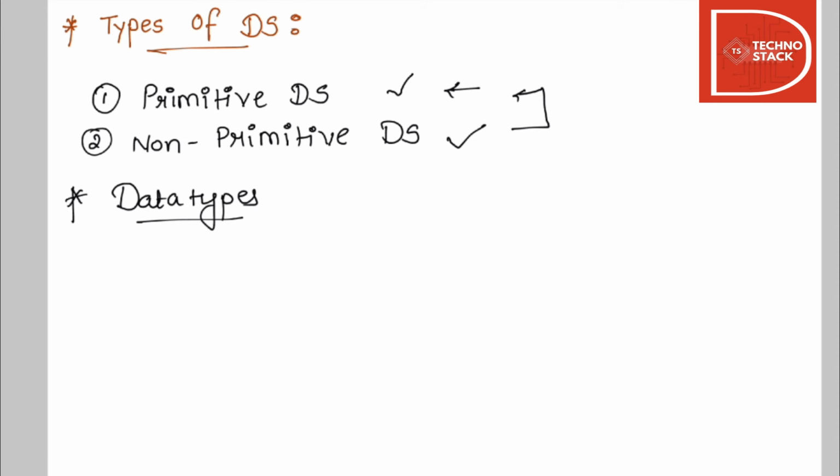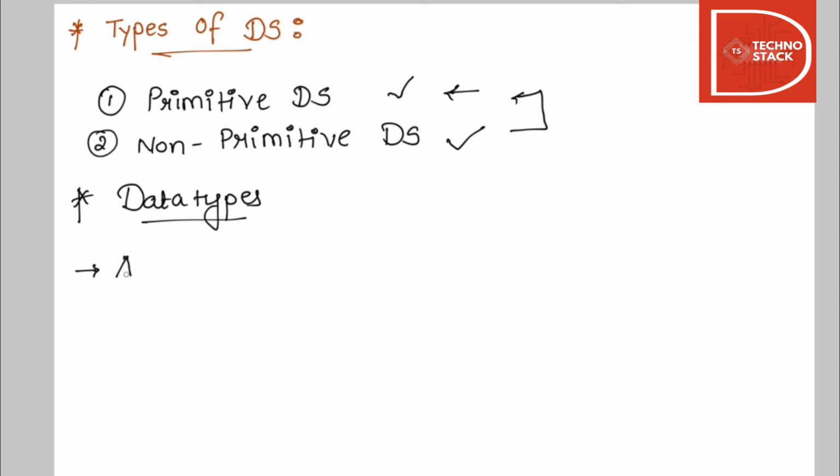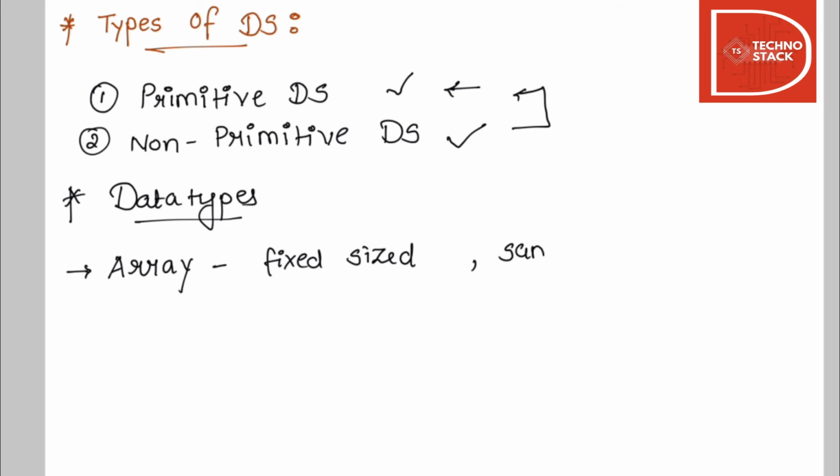So now you may ask, what's an array? Now these three are very important because we use them heavily in our programming languages. An array is a fixed size sequence collection of elements of the same data type. It is fixed size and it's of the same data type. These are the two things you have to remember. So an array is a fixed size sequenced collection of elements of the same data type.